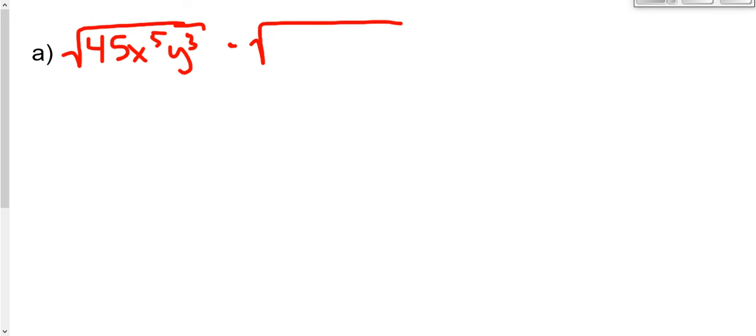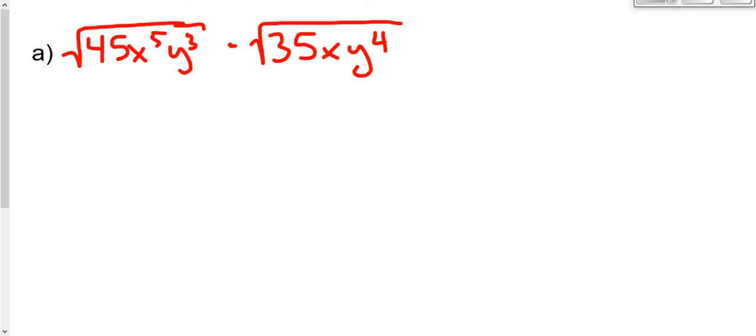Our first example, example A in your notes. Remember, this is going to be on your notebook quiz. Example A in your notes is the square root of 45 x to the 5th y cubed. That's our first radical. And I'm going to multiply that by the square root of 35 x y to the